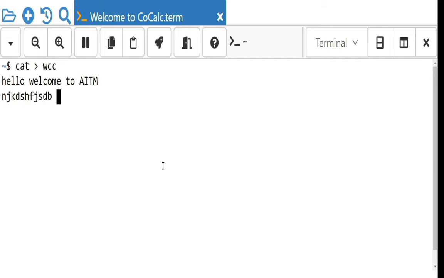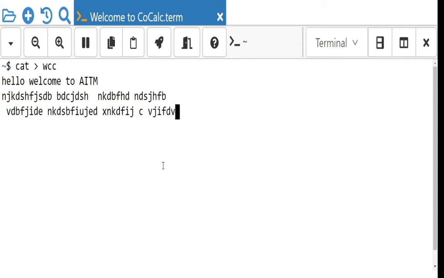Then I just write some dummy values. On this file I am going to execute the wc command. Simply, without any option, I will say wc wcc. So what is it going to display?